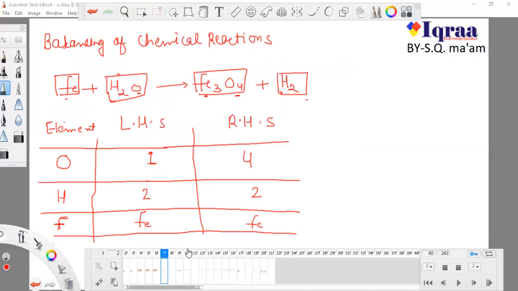My main reason for doing this is that I want to equalize all of them. Here the ferrous, I wrote this wrong, you can tell me, I forgot to write the digit. This is one ferrous and that is three ferrous. So one atom of iron here and three atoms of iron there.